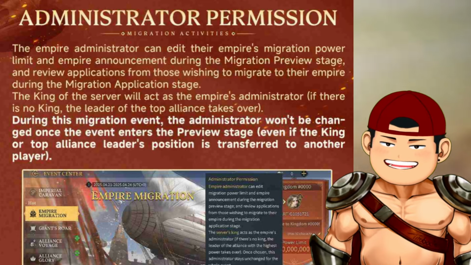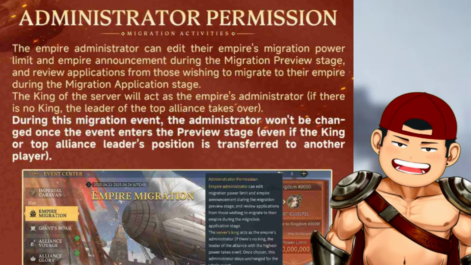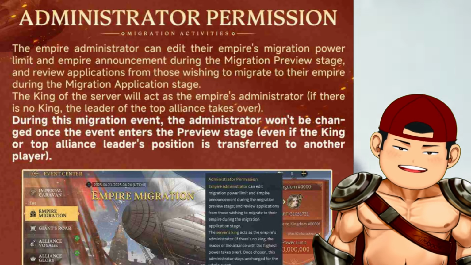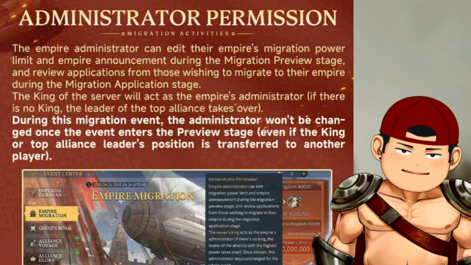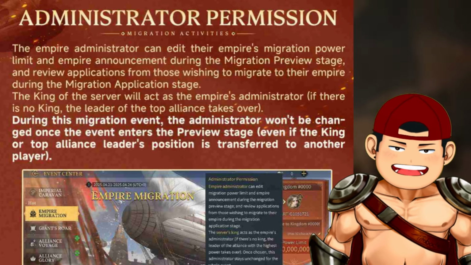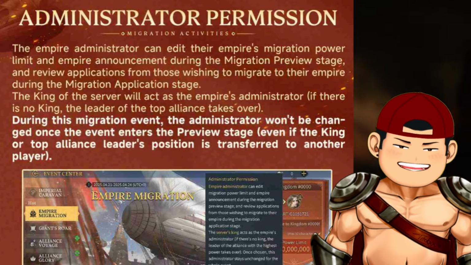So here it is, the administrator permission. As we were just talking about, the Empire administrator can edit their Empire's migration power limit and Empire announcement during the migration preview stage, and review applications from those wishing to migrate to their Empire during the migration application stage. The king of the server